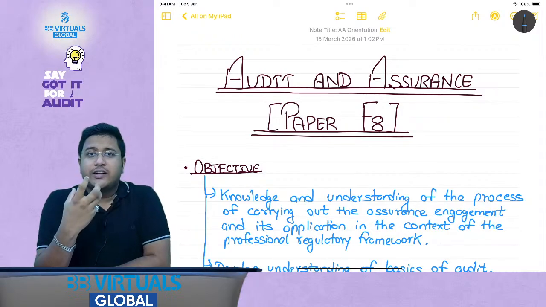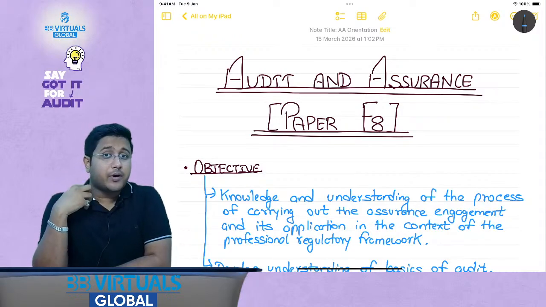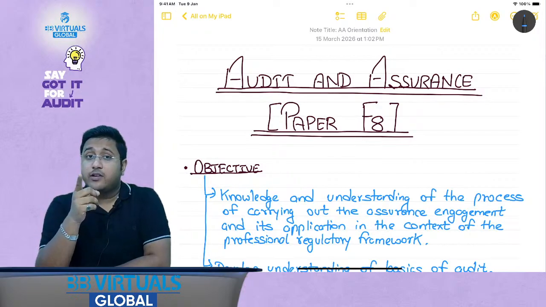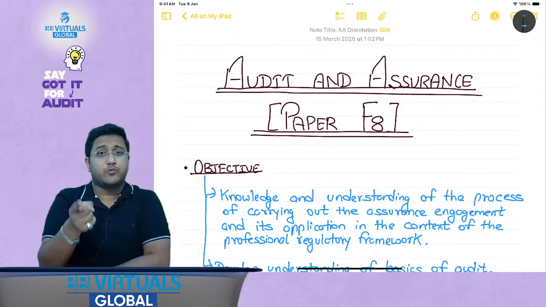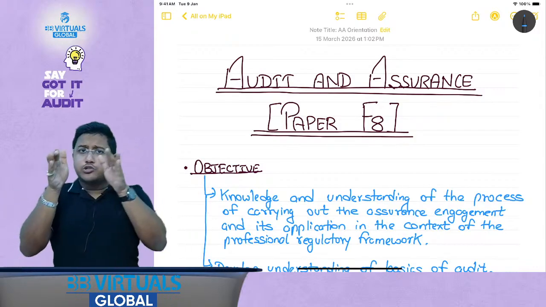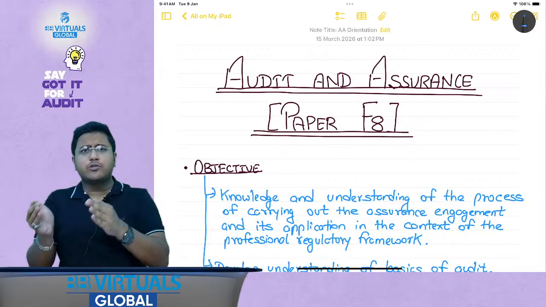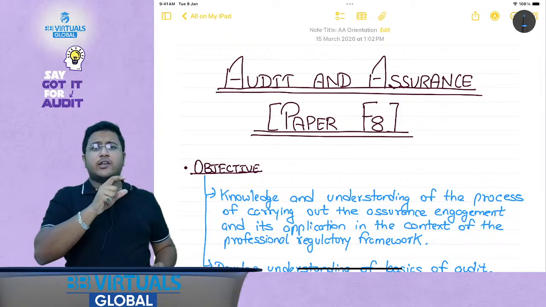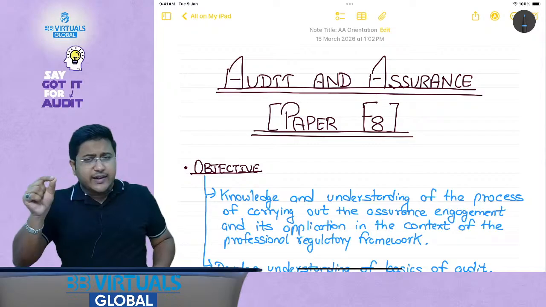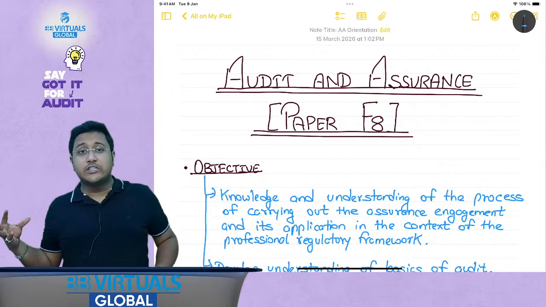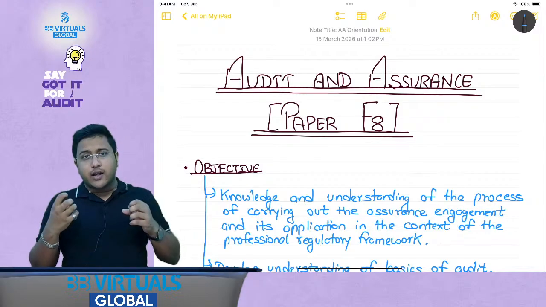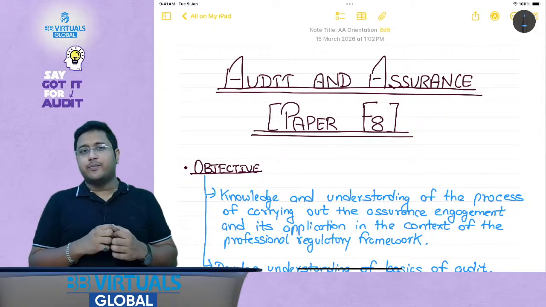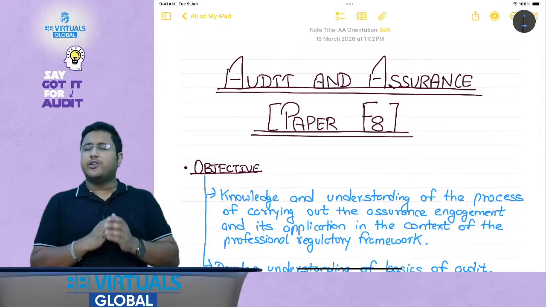Why? Because audit is considered a very theoretical subject, but in my opinion it's not theoretical, it's a very practical subject. What you should be able to do is get into the shoes of the auditor whenever you understand audit, and once you are in the shoes of the auditor, you will find that audit is a very logical subject. The terminologies used are very accurate. Even if we slightly change the terminologies, the whole answer would change, and then you will start understanding how important the auditing concepts are, how easy they are, and you will definitely feel the significance of it, and you are going to love the subject.